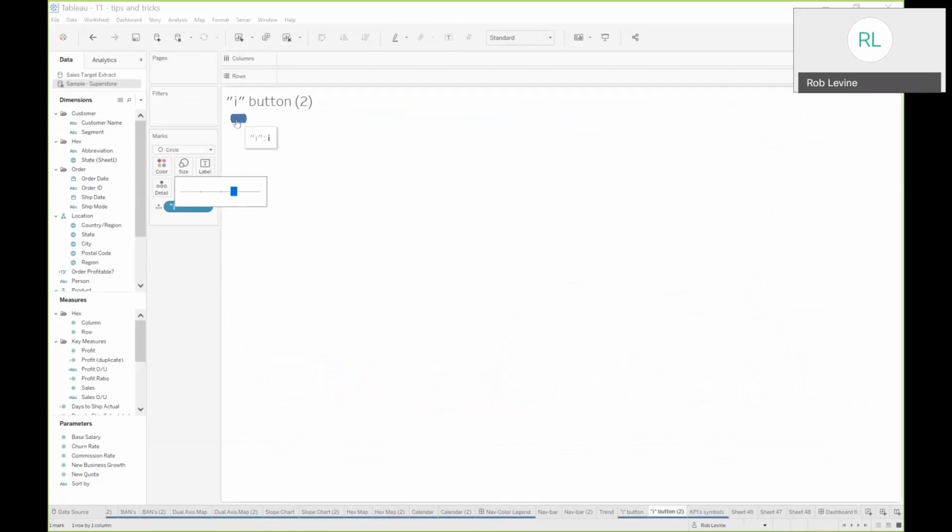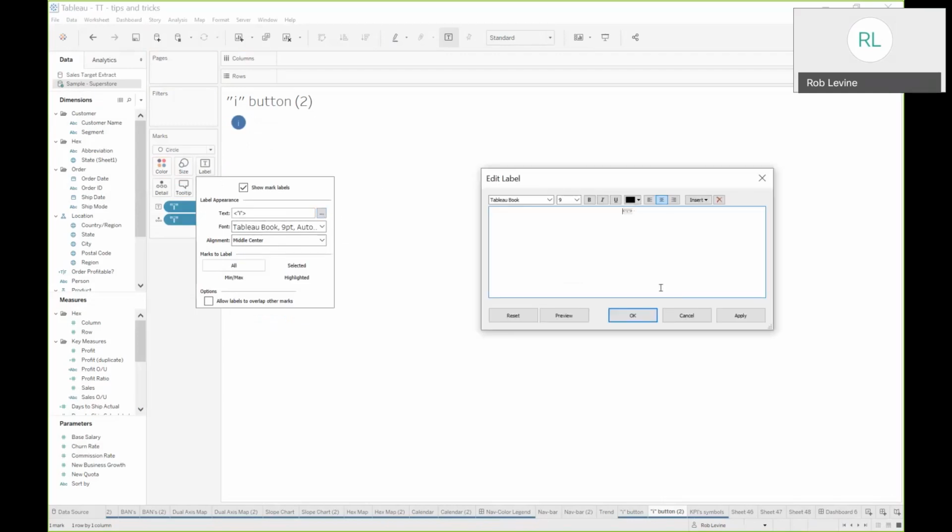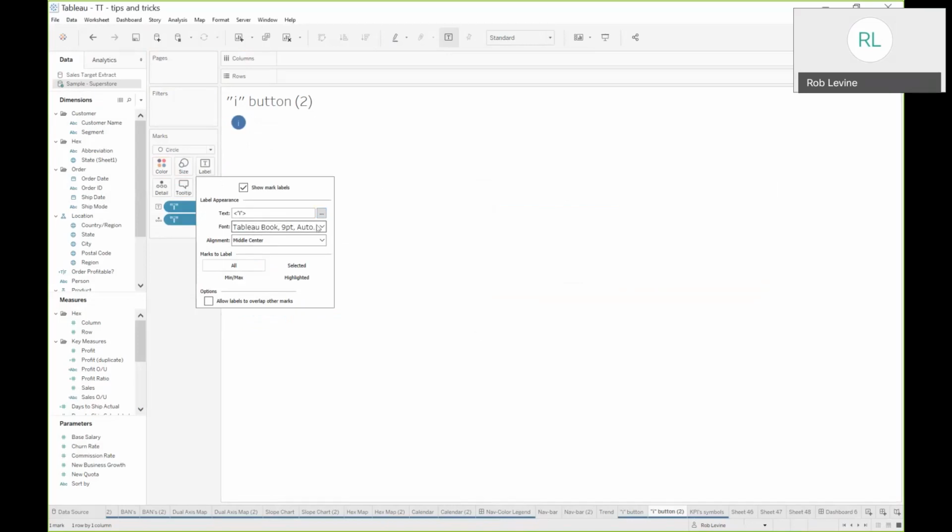And again, let's expand that out ever so slightly. Maybe I made it a little too big. There we go. And let's add that I into the label. It, of course, puts it off to the right-hand side. As you've seen before, we can change that, make the alignment in the middle, and then, of course, it's already in the white format, which is great, but we want to change that font, and let's make it bold, italicized. And if we really want to be official, let's just make it a font of Georgia, and then we have